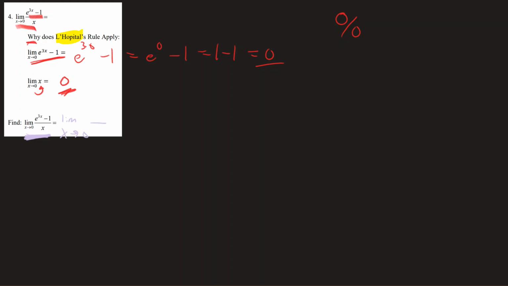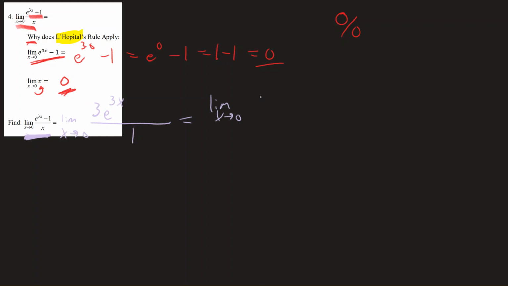but take the derivative of the numerator. So chain rule, and the derivative of -1 would be 0. Make that your new numerator. And then take the derivative of the denominator, which should be 1. And then you try it again. So I'm going to try